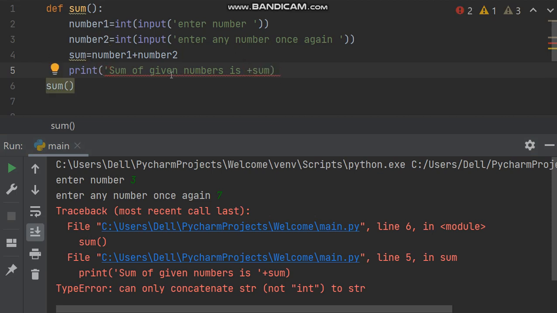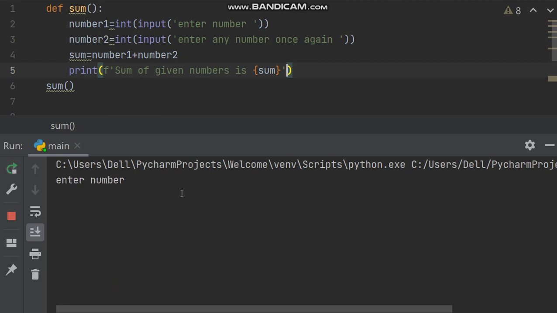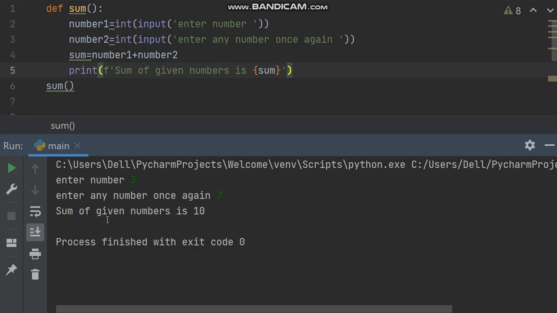Here you just write f, formatting string is, and remove this plus, give curly braces, and put this sum in curly braces. Okay, and now give this. So this is how, suppose you write 3, then write 7. Now it will come, sum of given number is 10.